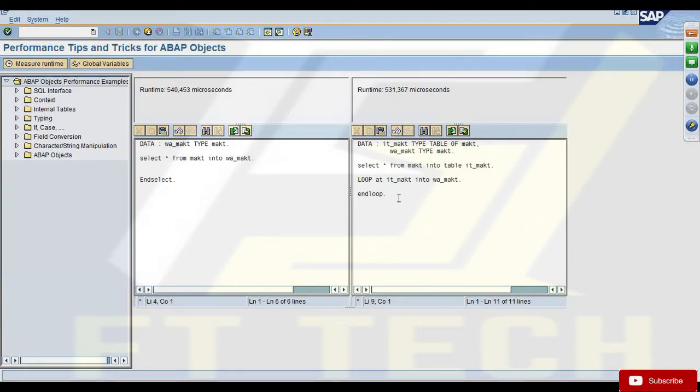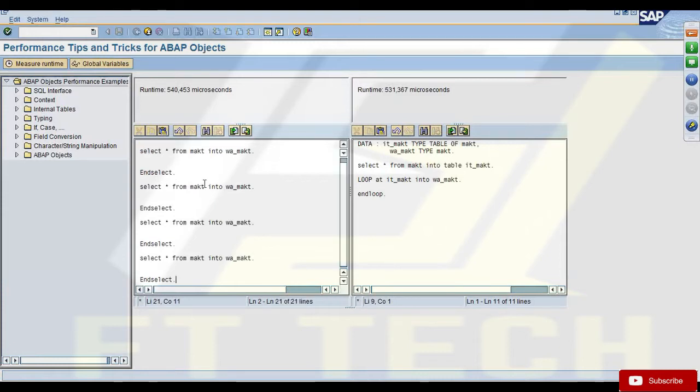But as I said, if you want to reuse this data at different places in your program, if I want to reuse the same data at 3 different places in my program, then I have to repeat this select and endselect, because I'm not storing this data in my program. So I have to repeat this select and endselect 4 times if I want to use it 4 times in my program. Whereas here I've already selected the data from the database into my internal table, so it's available in the internal table.